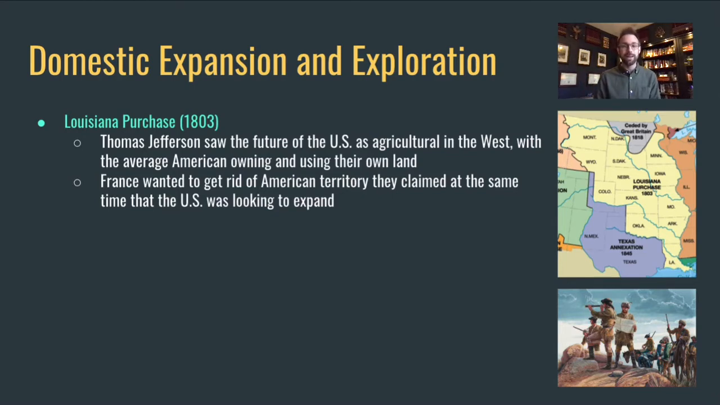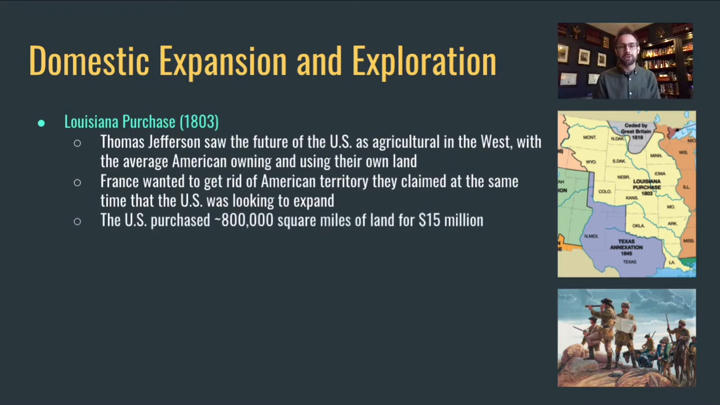America was looking to buy. Initially, America just wanted to buy New Orleans so that they could control trade going into their territory. And France was like, screw it, you can have everything, because they just wanted the money. So what happened in that transaction? The United States purchased over